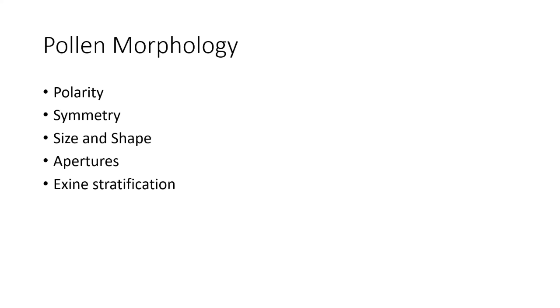As far as TYBS is concerned, you are aware of the syllabus, which comes under paper 2 unit 4. We have pollen morphology, then pollen viability and storage, then germination and growth of pollen tube, and various applications of palynology. So out of these, today we are going to discuss basic palynology, and that is with the help of pollen morphology.